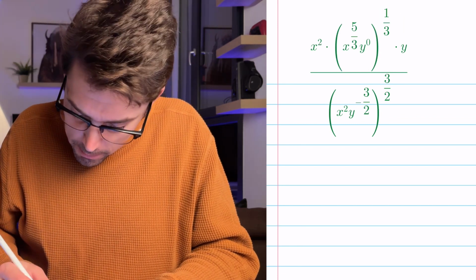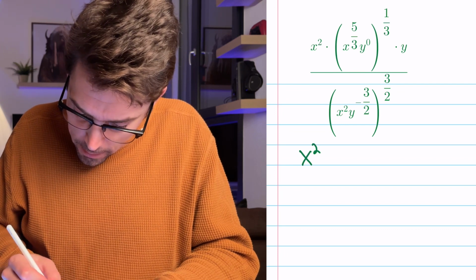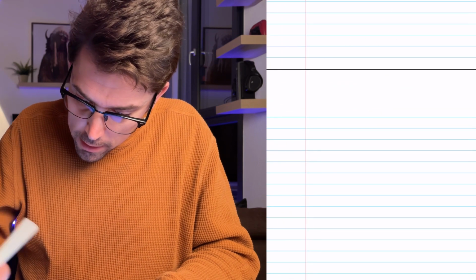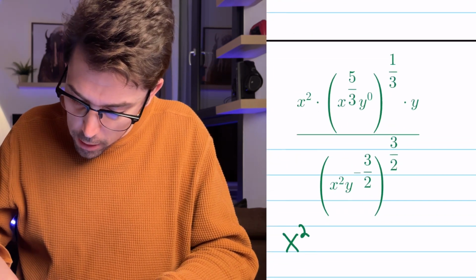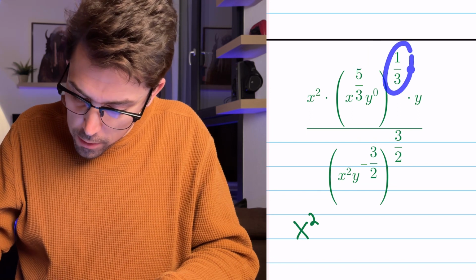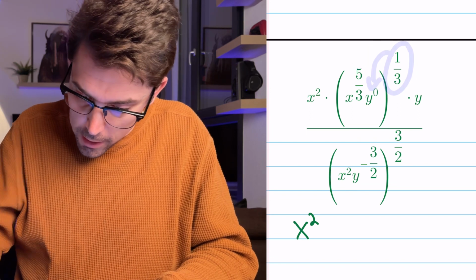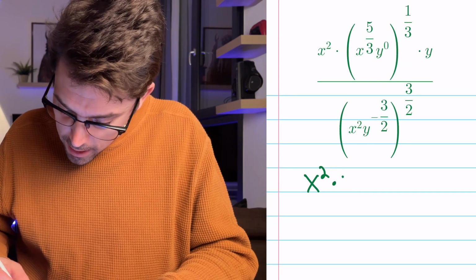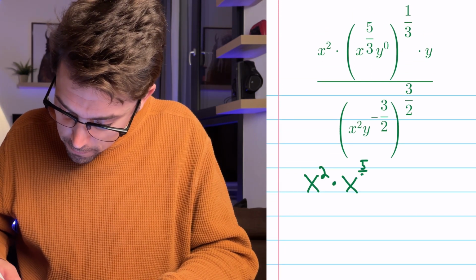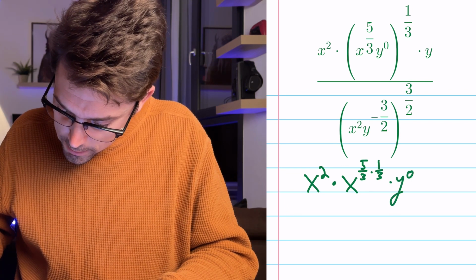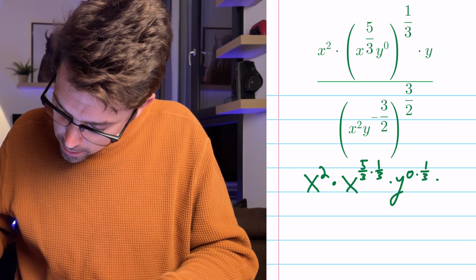Okay, so let me make sure that I'm writing my x squared here. And then I'm going to have x to the 5/3. So I know that just like in our last problem, this 1/3 is going to go to this term, and this 1/3 is going to go to this term. It's going to go to each and every term inside the parentheses. So this is going to be times x to the 5/3 times 1/3 times y to the power of 0 times 1/3 times y